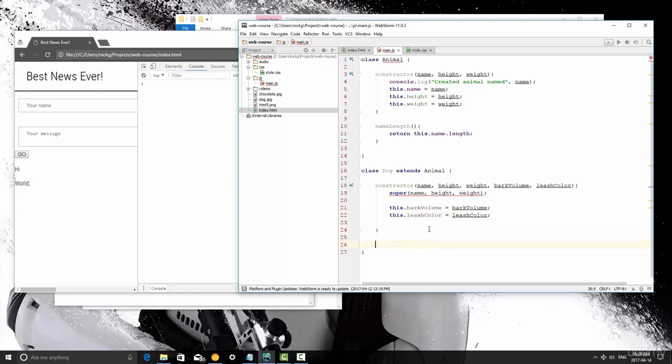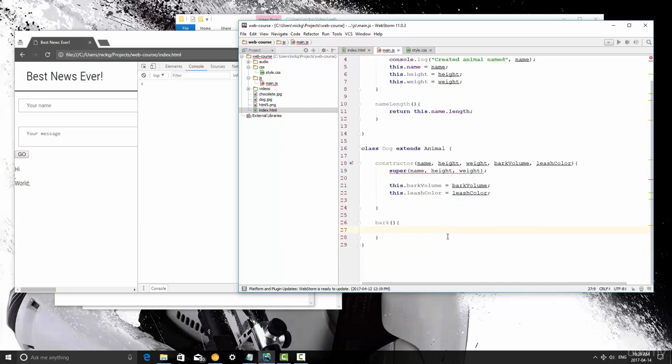So I'm going to create a method here that we're going to be calling, and let's call it bark. What we're going to do is, depending on the volume level, which is going to be between 0 and 100, that makes it easier. If it's above a certain amount, it's going to bark loudly. Otherwise, it's going to bark quietly. So if it's over 50, it's going to be a loud bark. So if this dot bark volume is over 50,